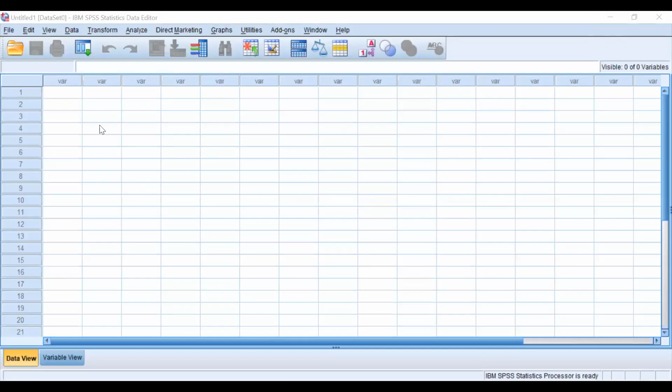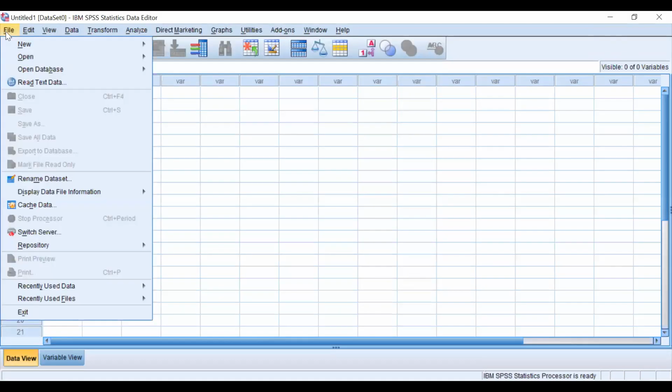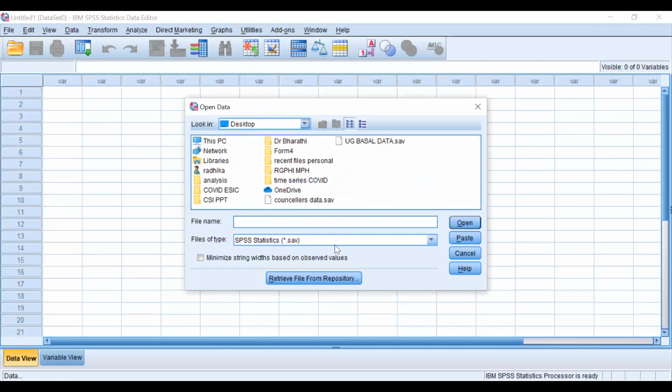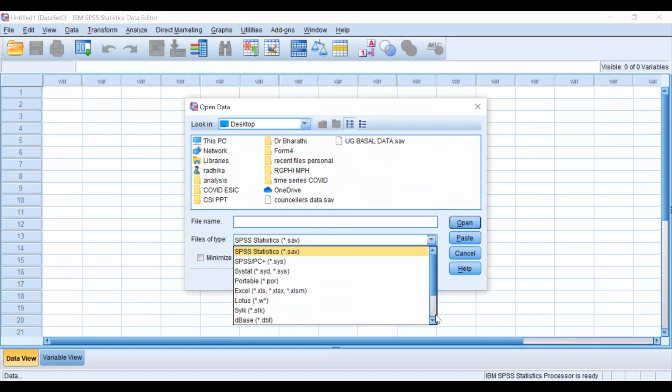So I hope you can see the SPSS window right now. I'm going to open one data here. We go to the Excel file.